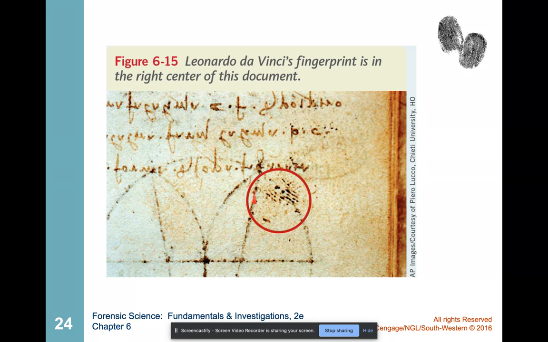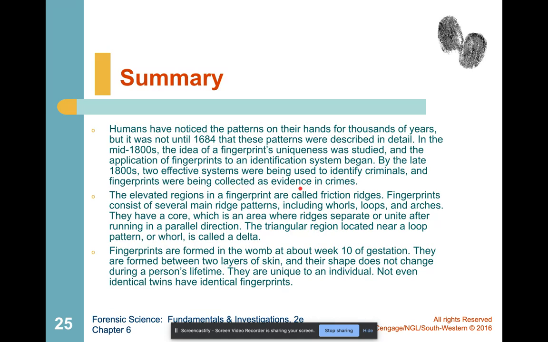We have a fingerprint here developed on a document from Leonardo da Vinci. All right, so this is just our summary. You're right. Humans have noticed patterns on their hands for thousands of years. Those used to be used for contracts, and we go into our 1800s, and a lot of study has gone into the microscopic world in the 1800s